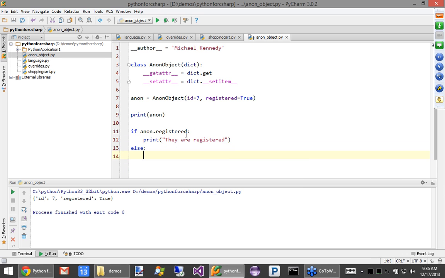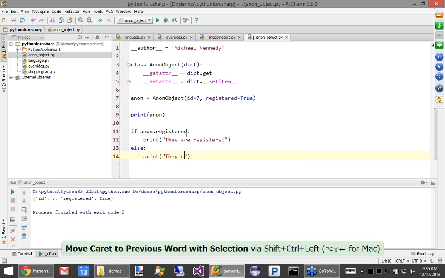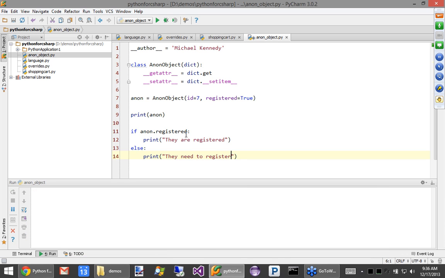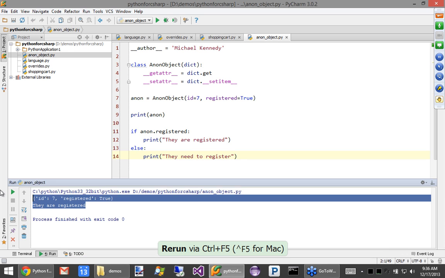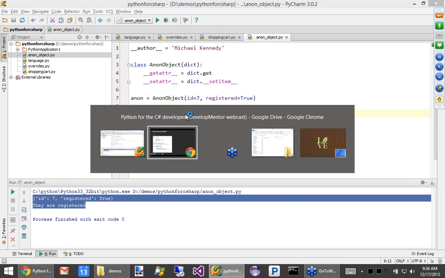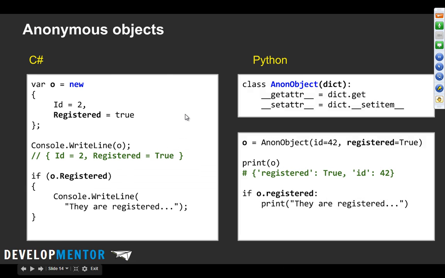We can come down here and say else print they need to register. All right, so let's run that. Boom, they are registered, just like C#. Okay, so this is one of the places where it's not quite as nice as C#, but it's still pretty slick. Okay, pretty slick.